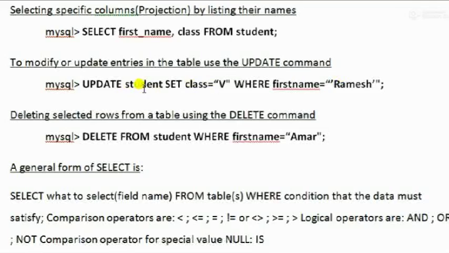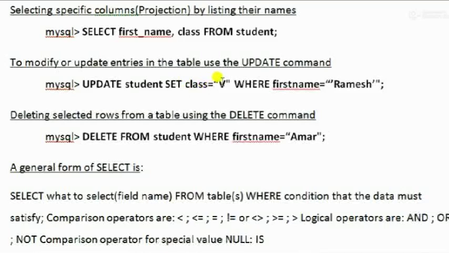Update student, so change the values of the student table. What value you want to insert, or you want to put: set 5 into class field.